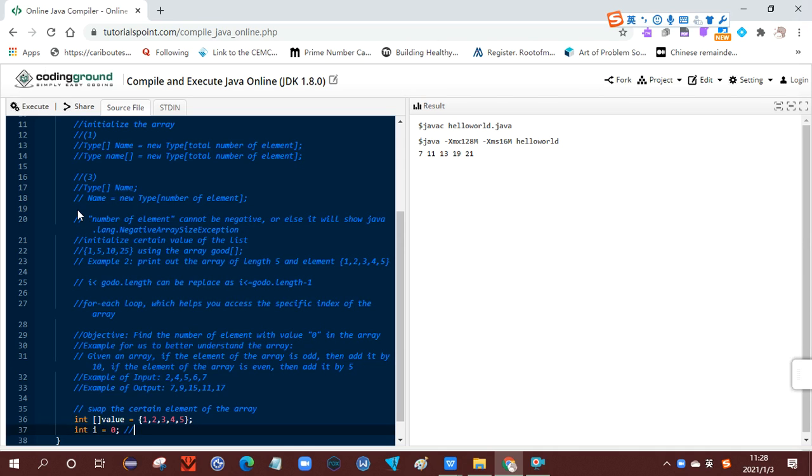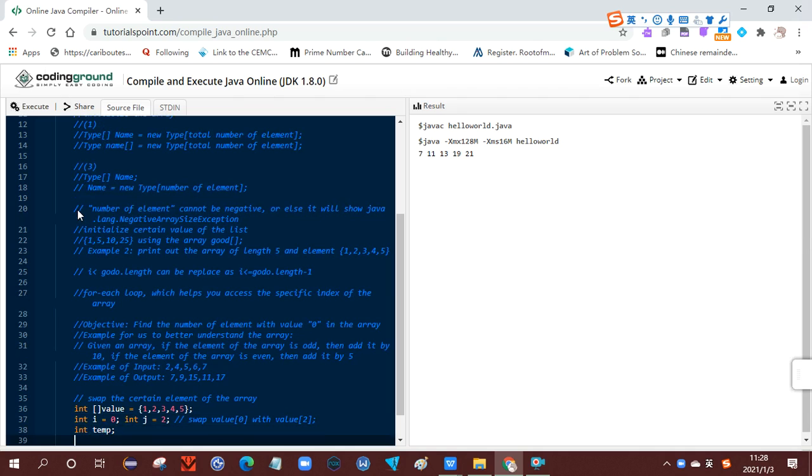Then we set the two values we want to swap with. Swap value 1 with value 2. Int temp. Then we use the